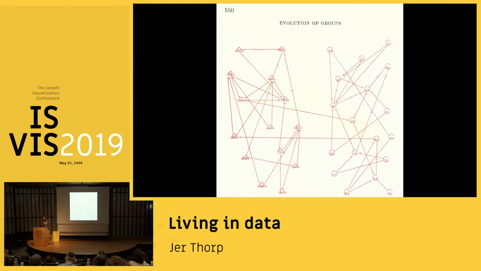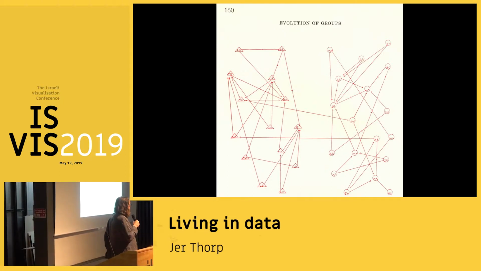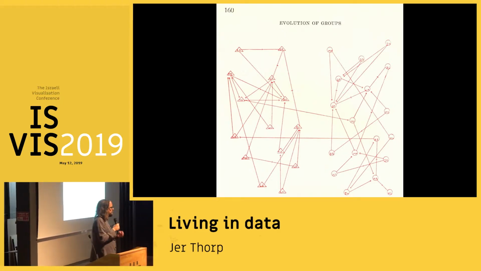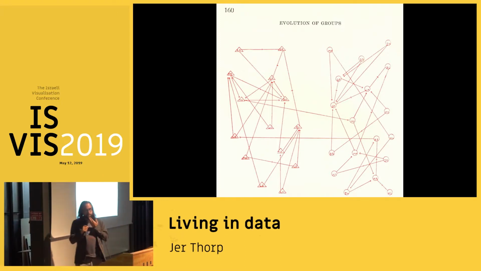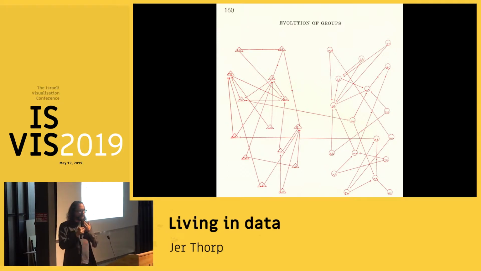And so with that, this is a diagram that was made in the 1930s. It was made by a man named J.L. Moreno. He was a sociologist. He called this type of diagram a sociogram, and it's probably most well known because it's considered to be the first visualization of a social network. This is a 7th grade classroom, boys on the left, girls on the right, two brave vectors of puberty crossing the gap.